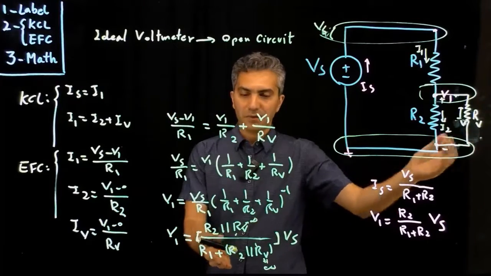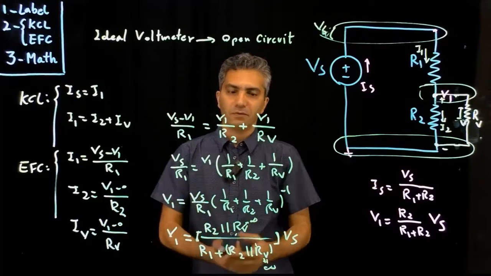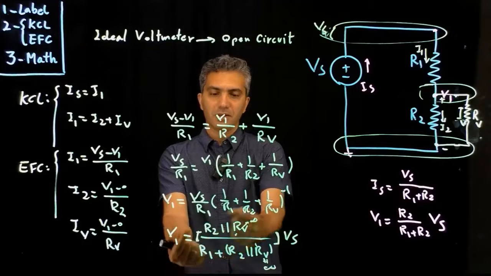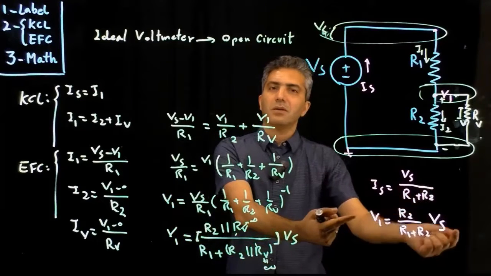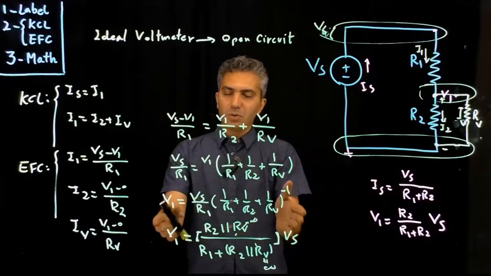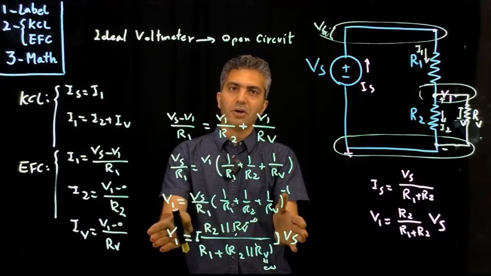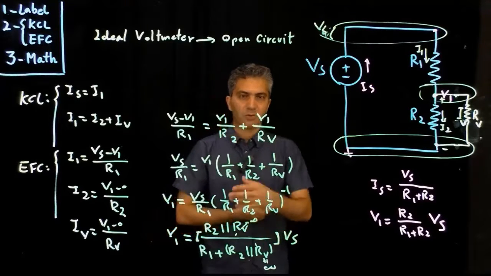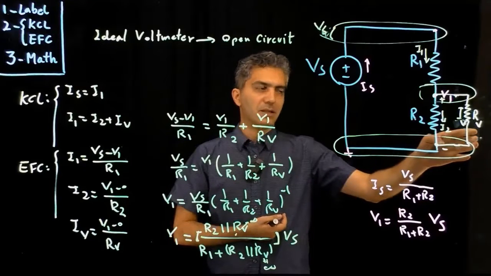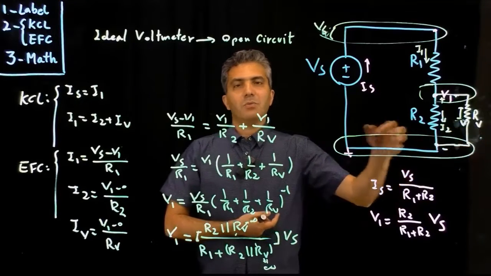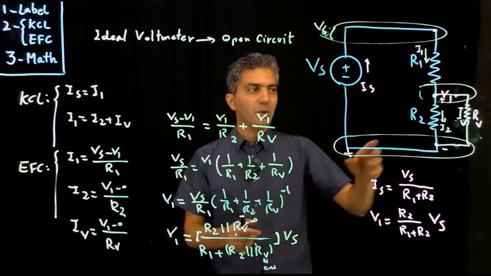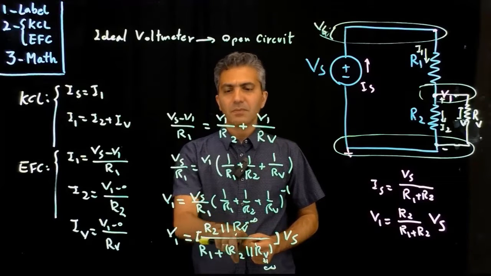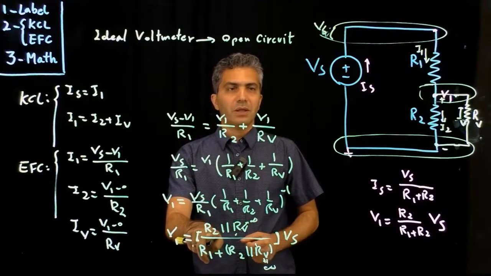Now, since RV is not infinity, you can actually calculate the error. If you know what your RV is, then with the RV in the circuit, this is the voltage that you're getting, and without the RV in the circuit, this was the voltage. So you can calculate how much error you're getting as a result of RV being in the circuit. Now, to minimize that, you can simply say RV has to be infinity, which is obviously not possible. But the other thing that you could say is that as long as RV is much larger than R2, then